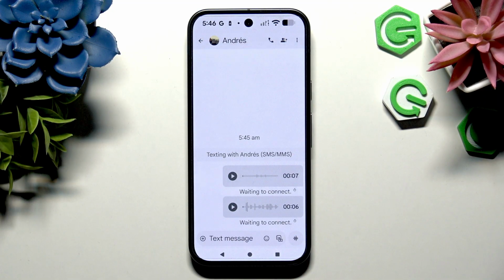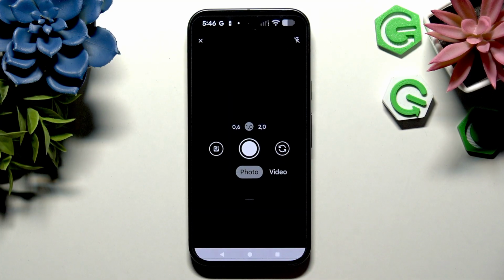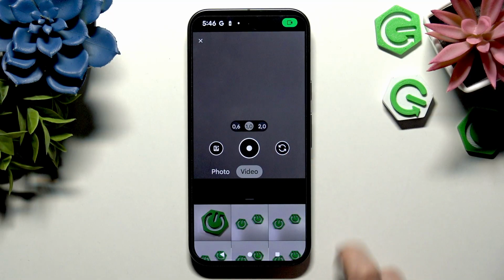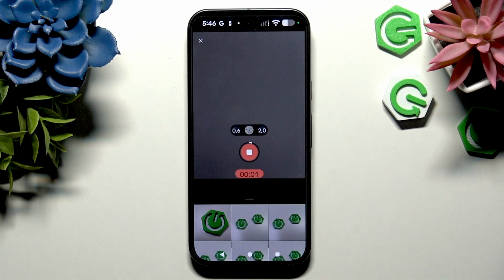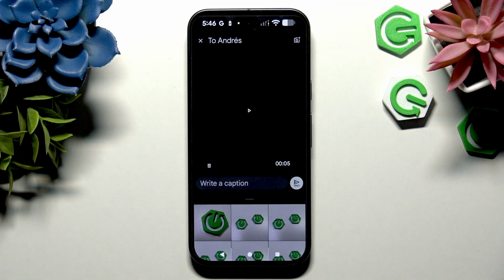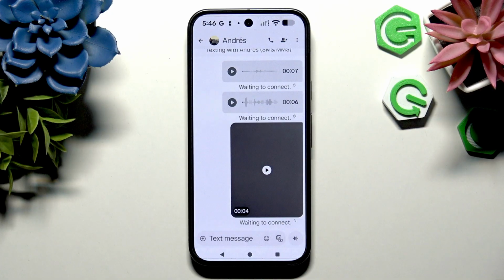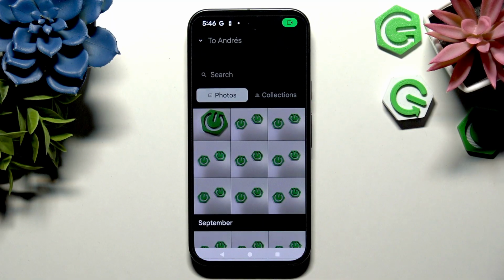If you want to create a video and add it instantly, use this icon of a camera and the photo at the bottom right corner. Take a video and it will be automatically added after you tap the shutter. Like that. If you want to add an already existing video, go back to the same options and scroll to look for it